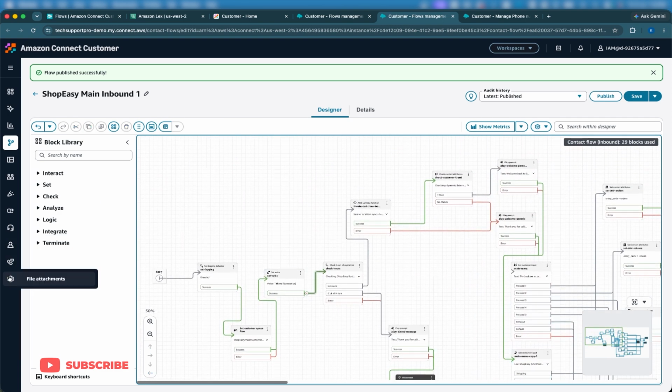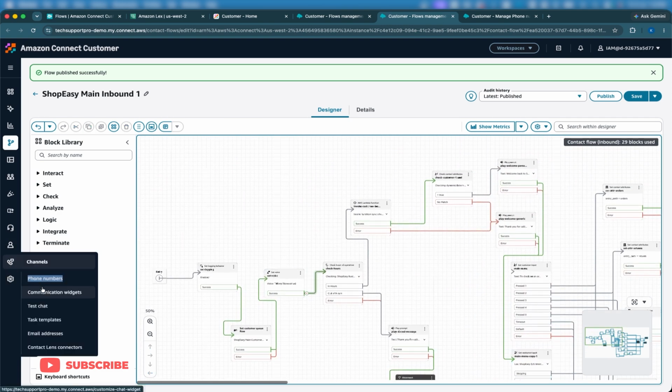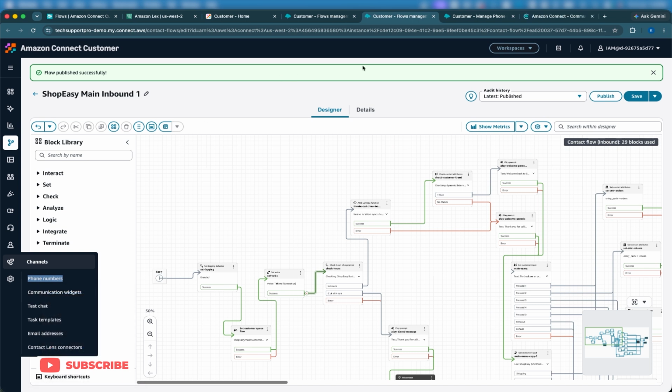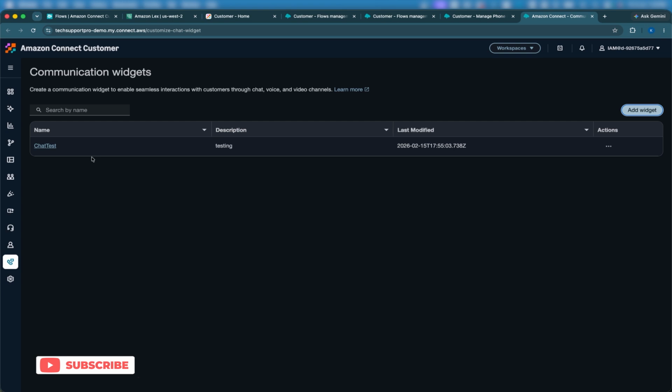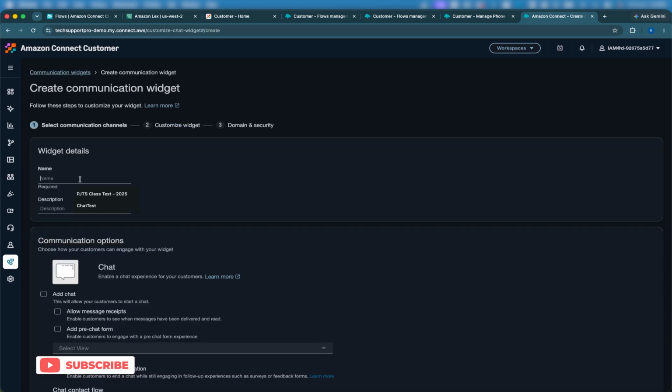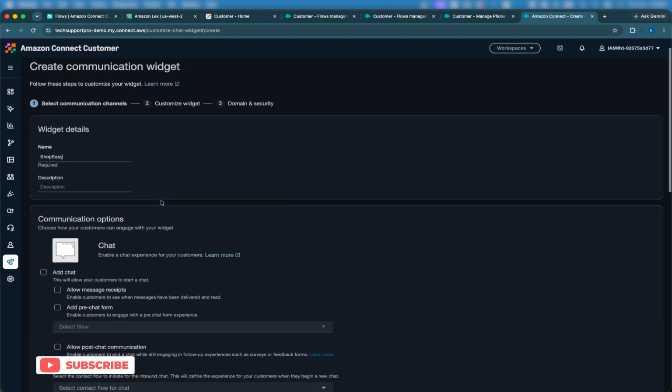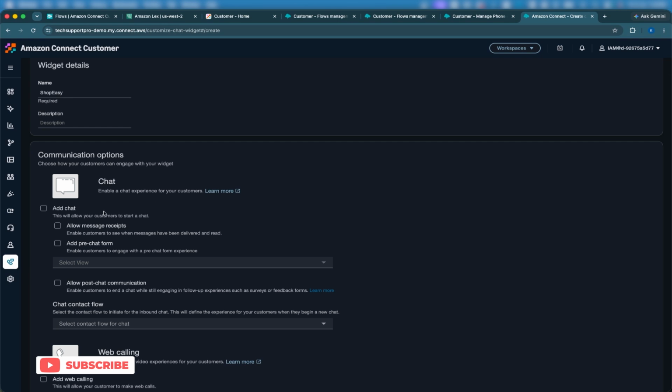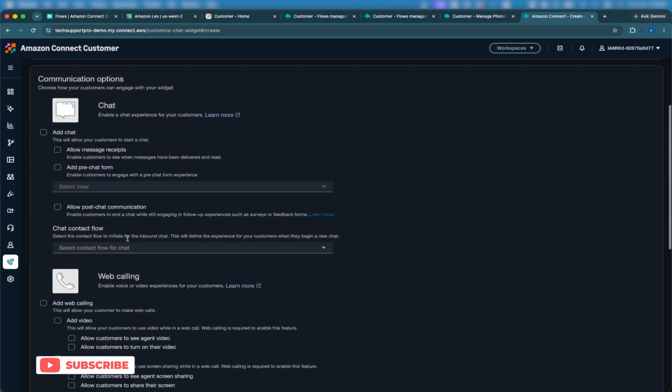To do that, the first thing we are going to do is create our communication widgets, or pretty much our touch widgets. So to do it, I'm going to add a widget. I'm going to call this one ShopEasy. And then I'm going to configure it. The first thing I'm going to do is enable people to be able to start their own chat,